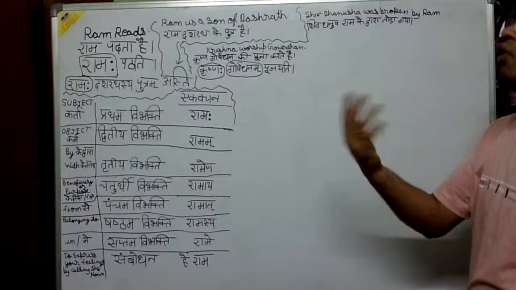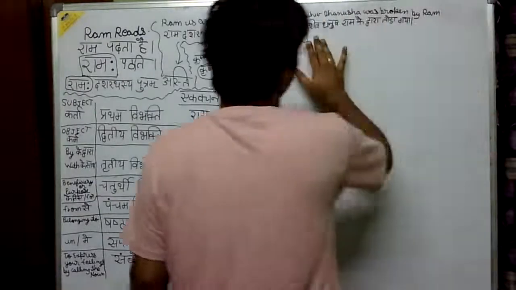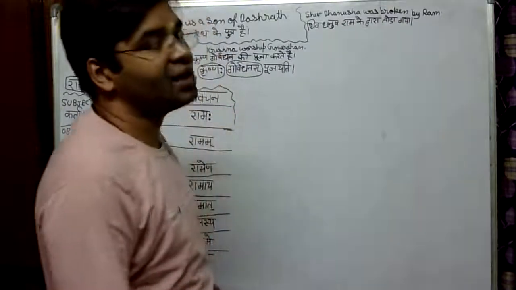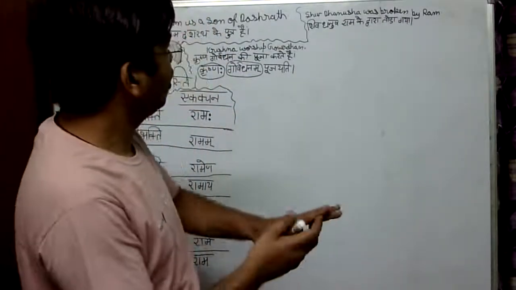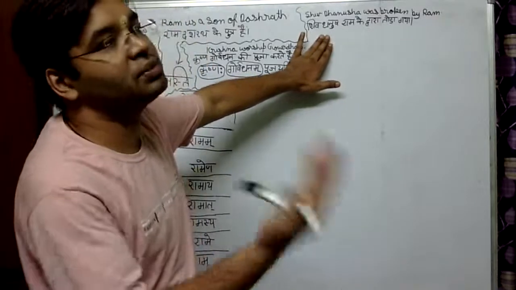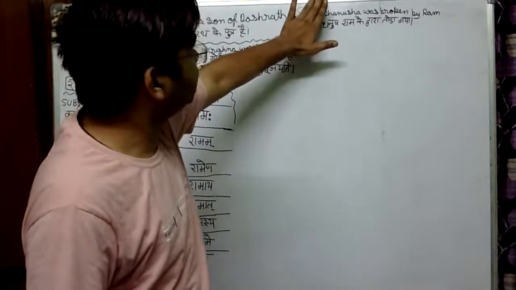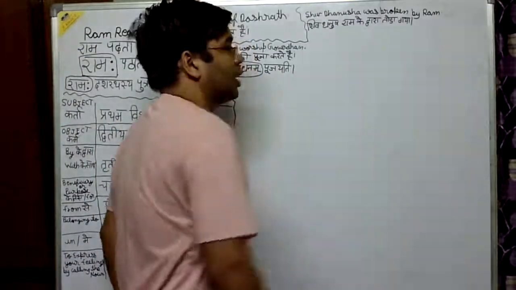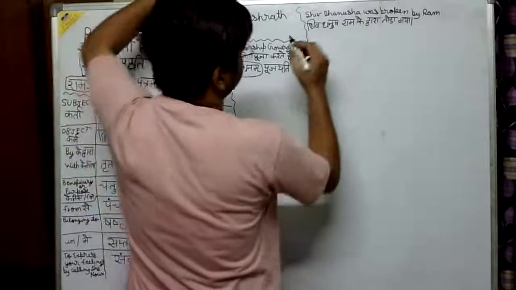But it's a passive voice, so you have to treat this Shiv Dhanusha as the subject. Though Shiv Dhanush does not appear like a subject, forget the Shiv Dhanush, we have to focus mainly on Ke Dwara. So look,